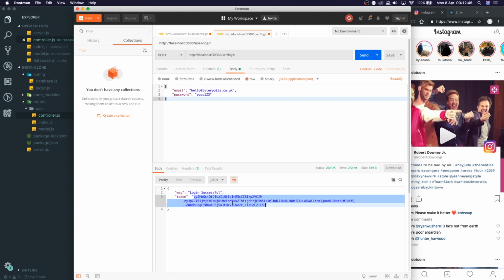So we can use this token. This would be the token we use to basically check if we're logged in every time we make a request to the database, which is awesome. Okay, so we've set up basically login,